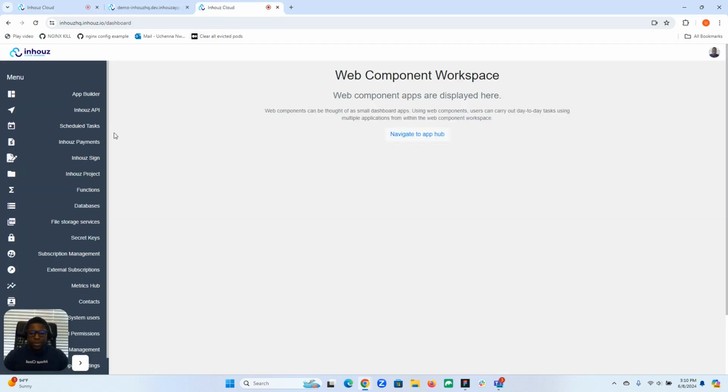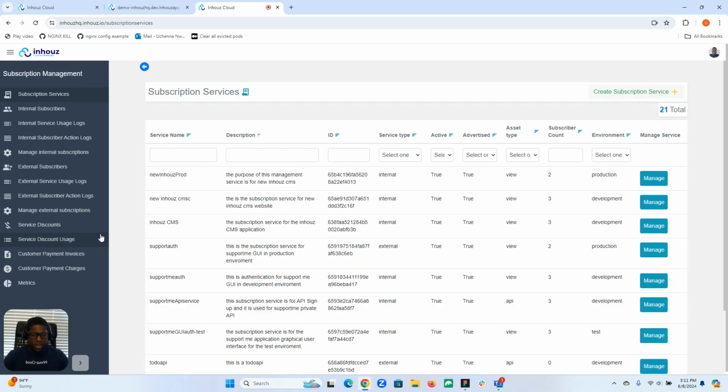To get to the subscription services, we have to go to the subscription management module, which is over here. When I go into this tab, I can see my subscription services and I can see a lot of other tabs tied to the whole concept of subscription services. So if we take a quick look, we're going to just notice a couple of things. We're going to see multiple environments. We're going to see different asset types. We're going to see different service types, internal versus external. We are going to go through all of this, but the most important thing to know is that on the